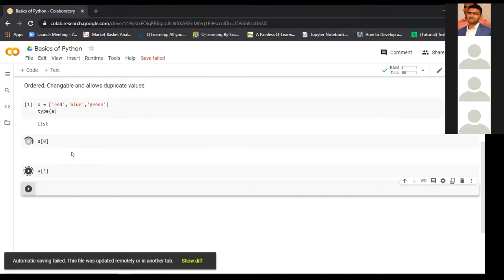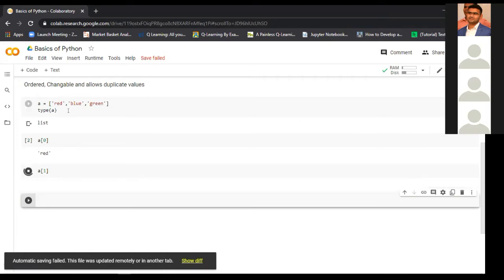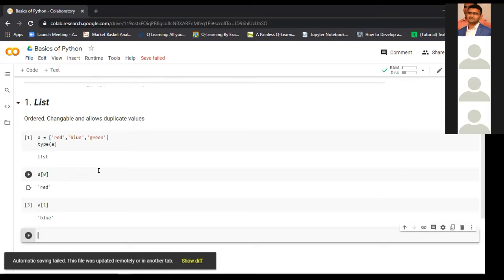It is taking longer to execute simple cells. As you can see, A0 represents red and A1 represents blue. So from this we can see that they are ordered. They store the elements in a particular order, so the elements can be accessed in an ordered manner.